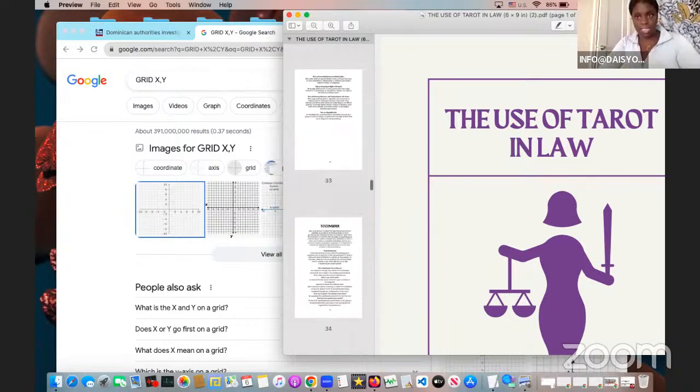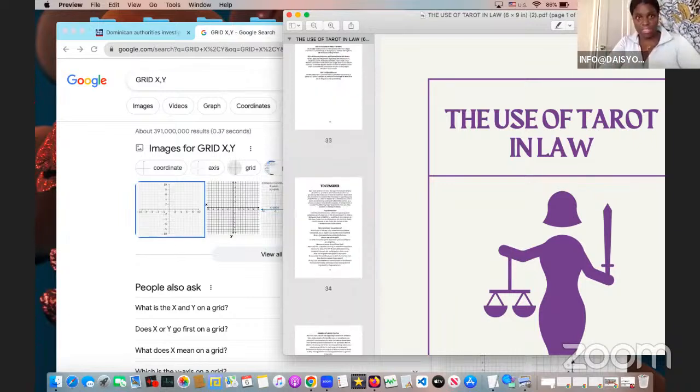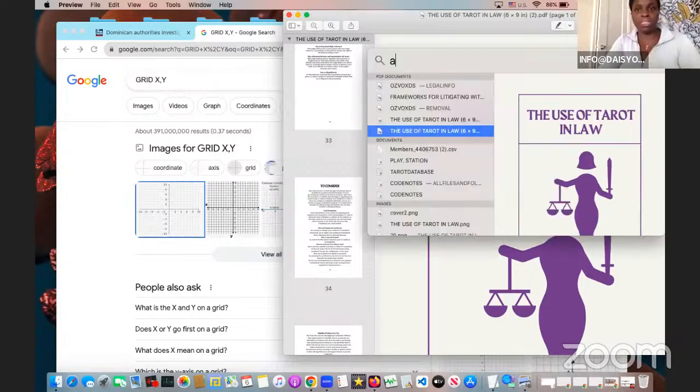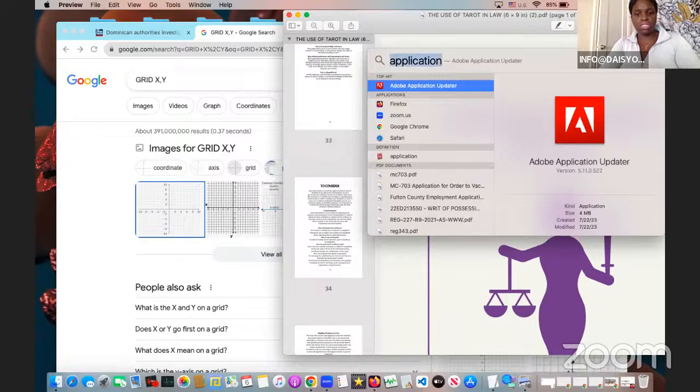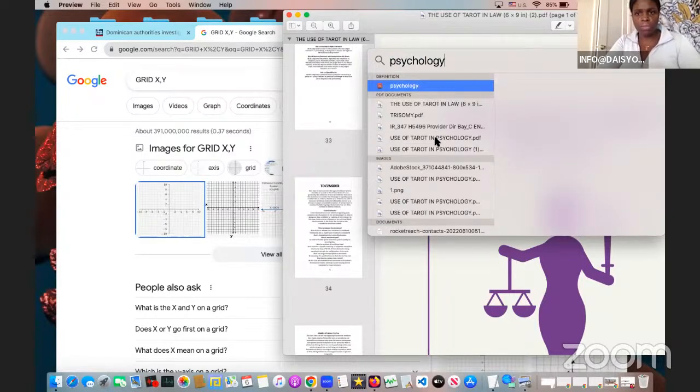Because I know that Daisy actually drafted out a whole entire framework for that. And it's in that new book. I sent you guys an email about that. Oh, if you bought this book, Applications of Tarot and Psychology and Mental Health. If you get this book, yes. And I redrew all the house systems. And then I wrote out the intelligences. So you guys can get this book again.